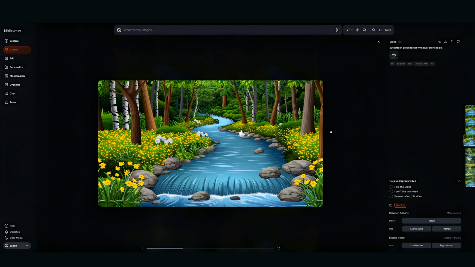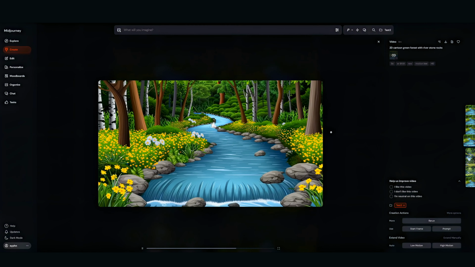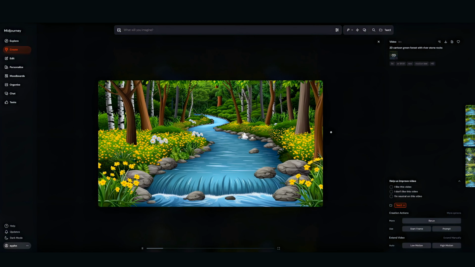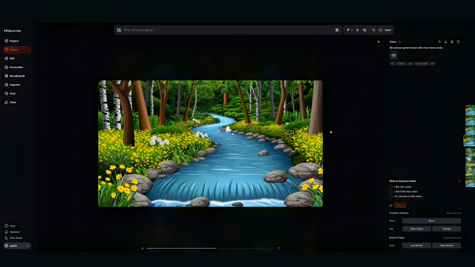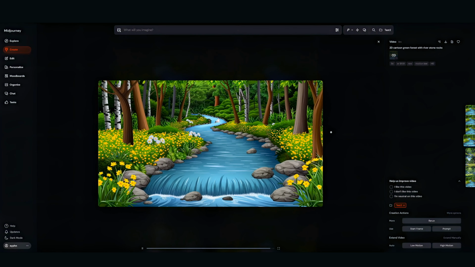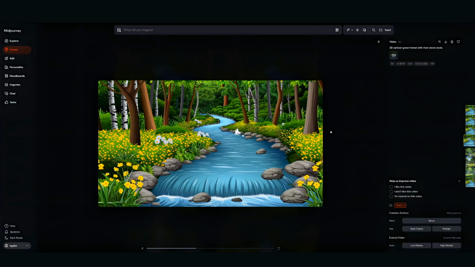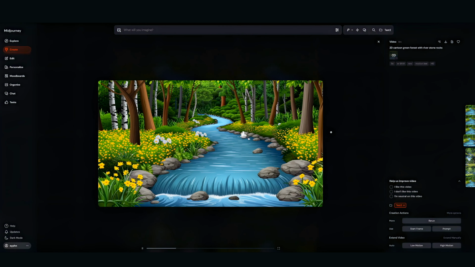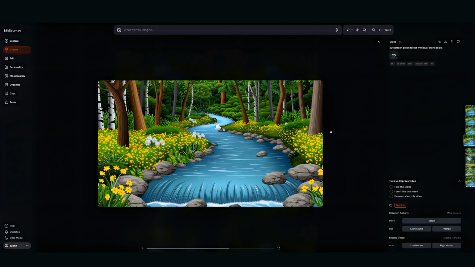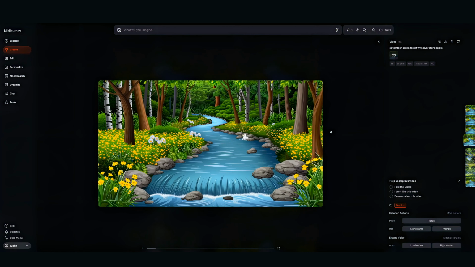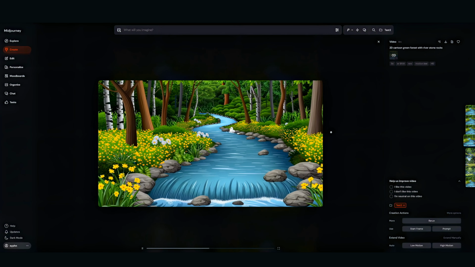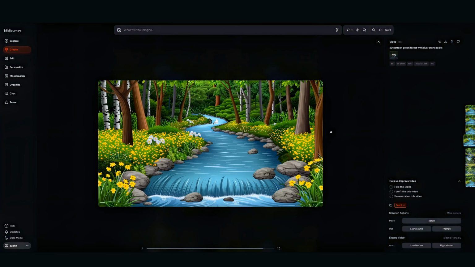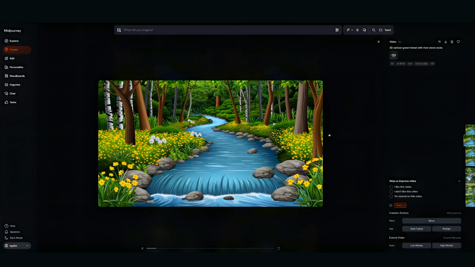Sometimes you do it and it nails the animation immediately, but you really have to give it a guideline. So what you want to do is take an image, bring it over to the video section of Midjourney, and work with it step by step to see how it'll animate it. You can give it instructions exactly what you want and how to animate it. That way you won't get these crazy results that you aren't expecting. But for entertainment purposes, this is pretty great, not gonna lie, especially the squirrel.